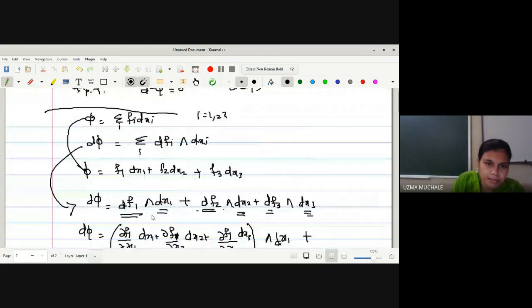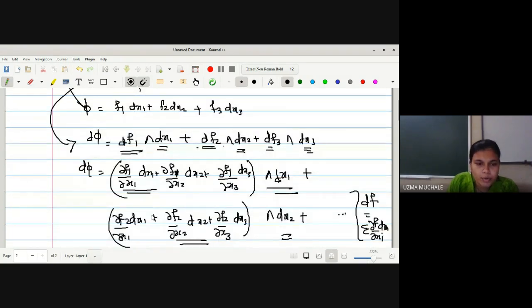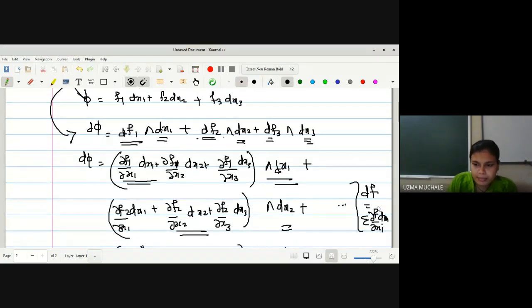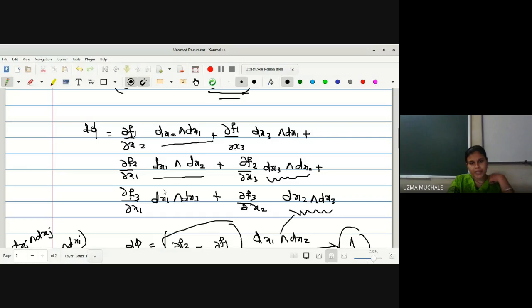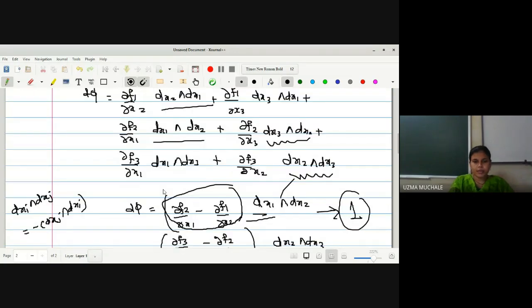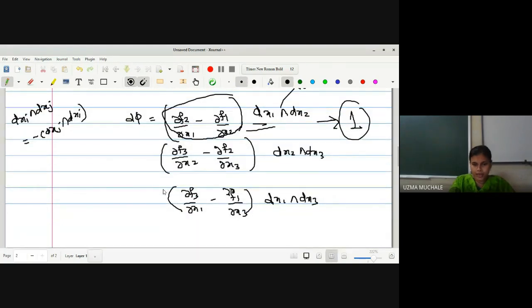What we have been provided: phi is equal to summation over i of fi dxi. Then d phi is also given. Now simply what I have to do is write down what df1, df2 and df3 are with the help of this result, that any df can be written as summation over i of dou f by dou xi. Right? Simply the total derivative we studied in BSc. And then you have to just evaluate and you will get the result that some of the terms will be common, and you have to just interchange the position and write with this equation. After writing this equation you will come to know that we have to find out the d2 phi.